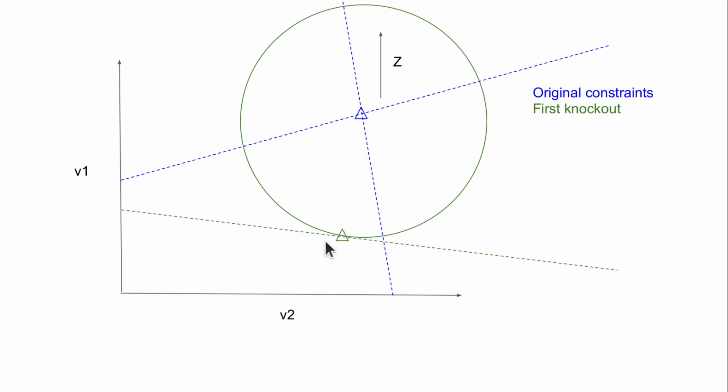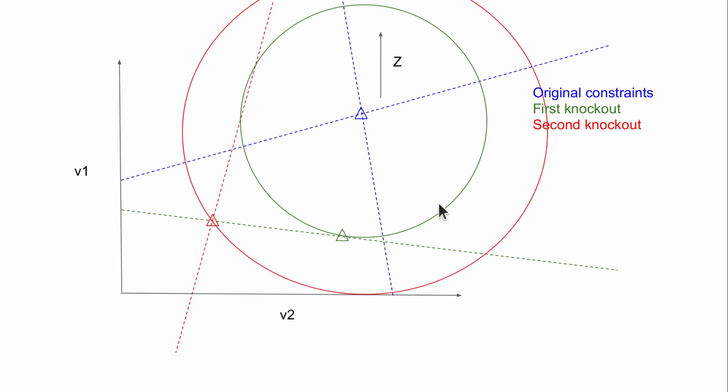Suppose now that instead of doing the single mutant, we were to do a double mutant, which corresponds to adding both this green line and this red line. Now suddenly our double mutant solution space is quite constrained. It is only going to be this small area in here. And if we were to do this double mutant starting from the wild type, we want to find the MoMA solution to that double mutant. What is the point of this surface that is the closest to our original solution? And that's going to be this red triangle, as indicated by the fact that